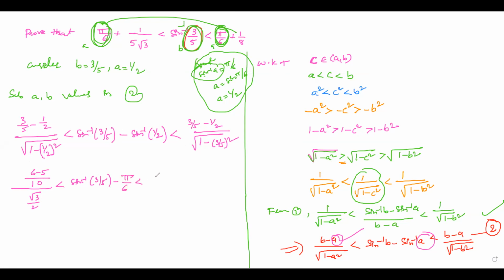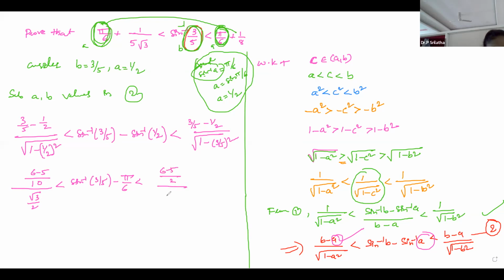Is less than. So what about this value? 6 minus 5 divided by 2 divided by this is 4 by 5. Once checked. Yes, ma'am. Under root of 1 minus 9 by 25, right? That is under root of 16 by 25. So that's why we'll get 4 by 5. Okay. So then